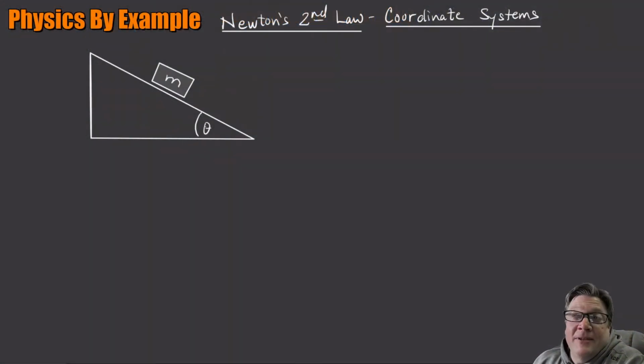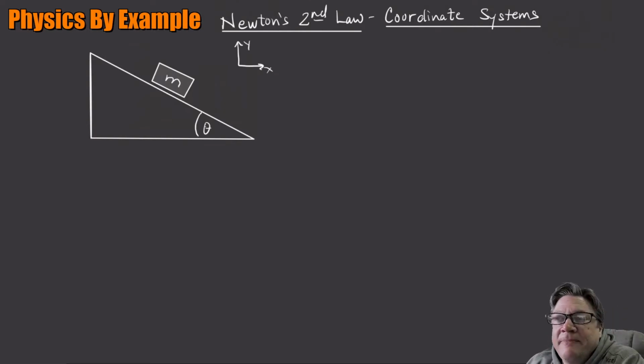What we have is a mass that's going to slide down a plane. This is a very typical example. You'll see lots of problems like this. And the way we typically solve the problem, here's what people tell you to do. We usually have a coordinate system. Oops, let me go back. Usually we have a coordinate system that's like